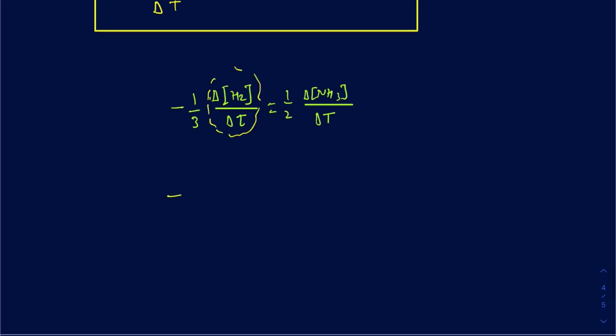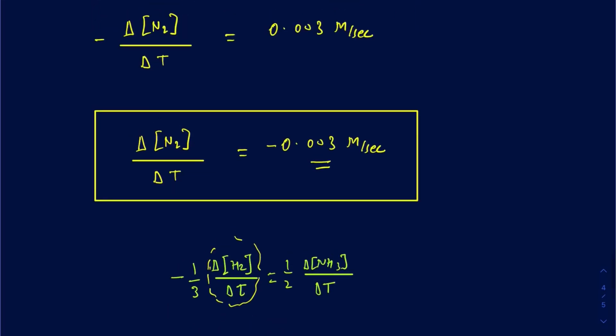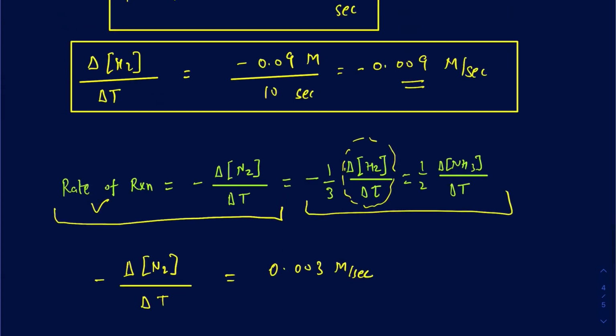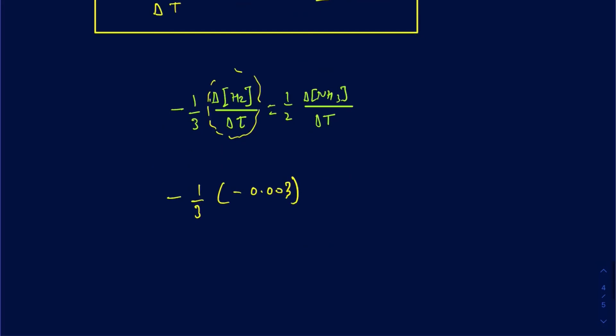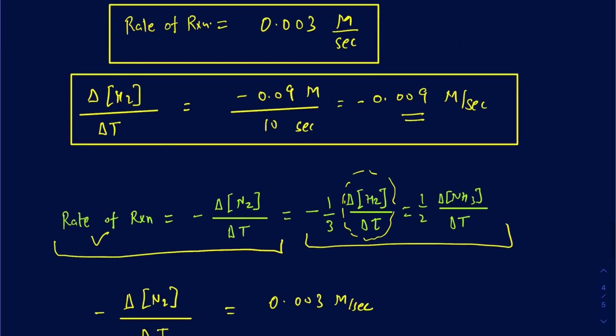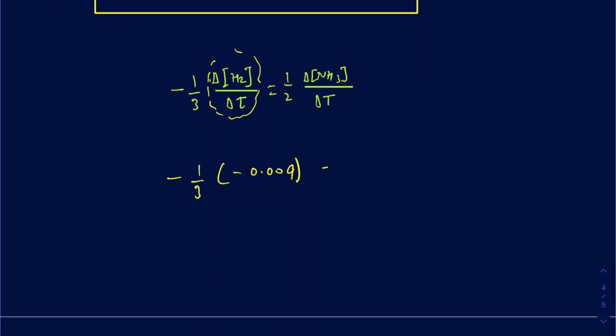Okay, so it's going to be negative 1 over 3 times the rate of disappearance of H2, which was negative 0.009. I'm getting that number from up here, what we just calculated earlier, and that's going to be equal to